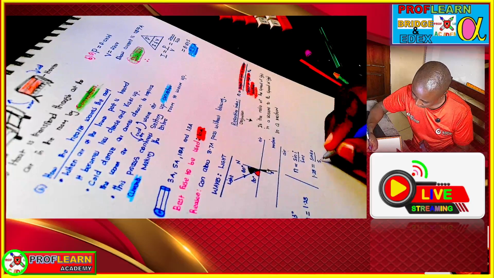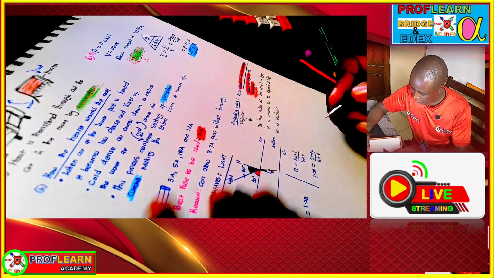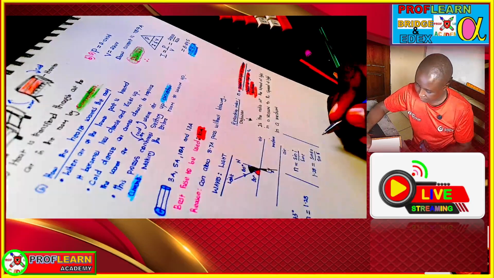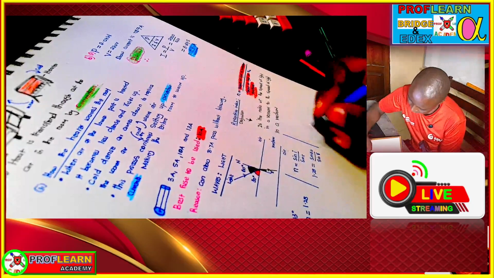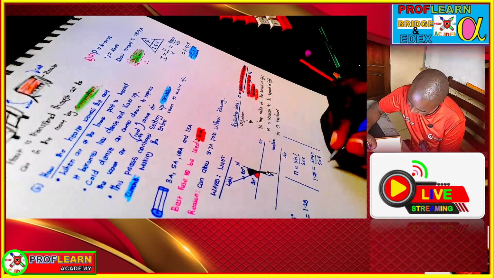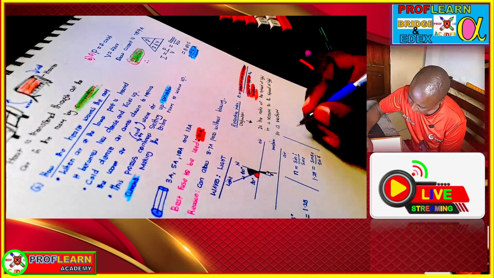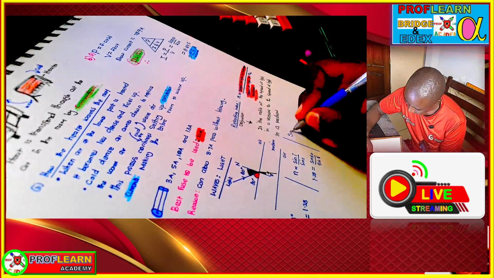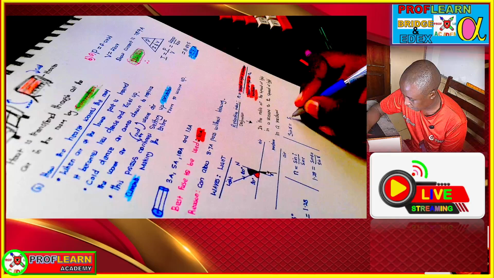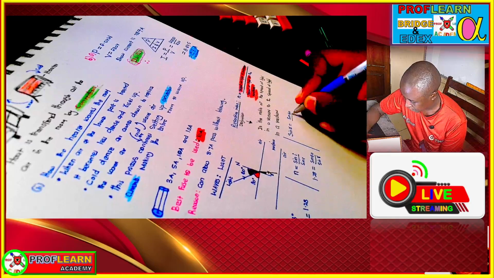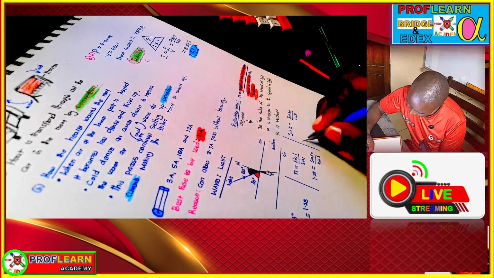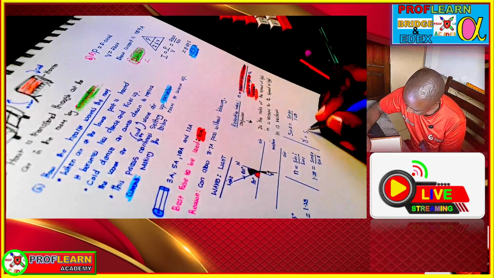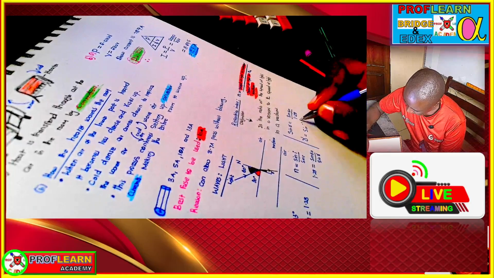Which is divided by the sine of R. And if you rearrange this, you will get your answer reducing to what? If you multiply sine R on both sides and divide by 1.28, we shall have sine R equals sine 60 divided by 1.28. Therefore our R will be sine inverse of